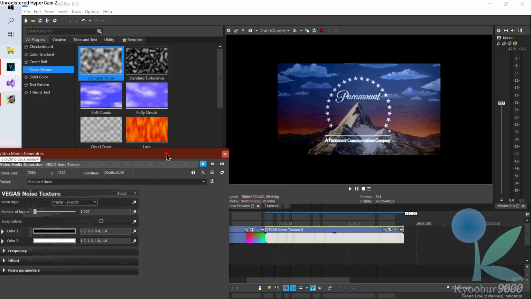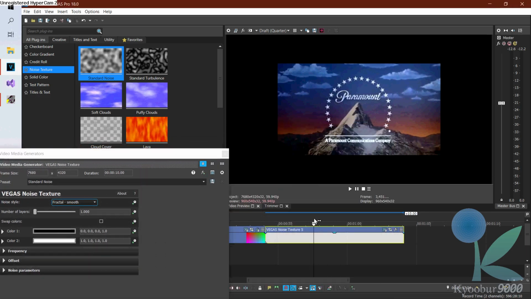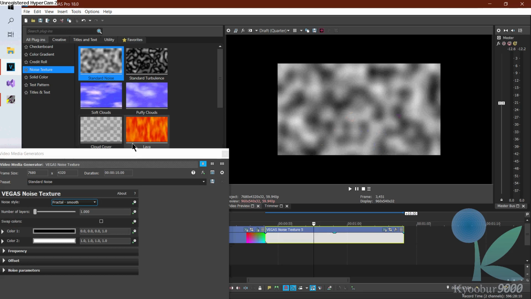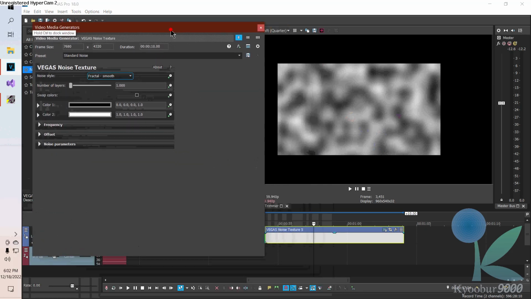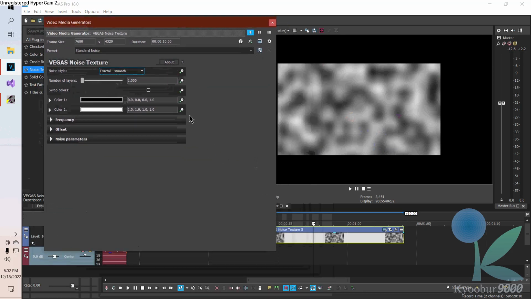So let me move on to this noise texture. And something to note about any generated media is that you can see that these have the animate buttons because you can change the properties of the generated media just like you can change the properties of an effect. So say I like this type of noise, but I want to change the color of the noise over time. Well, I'm going to animate,